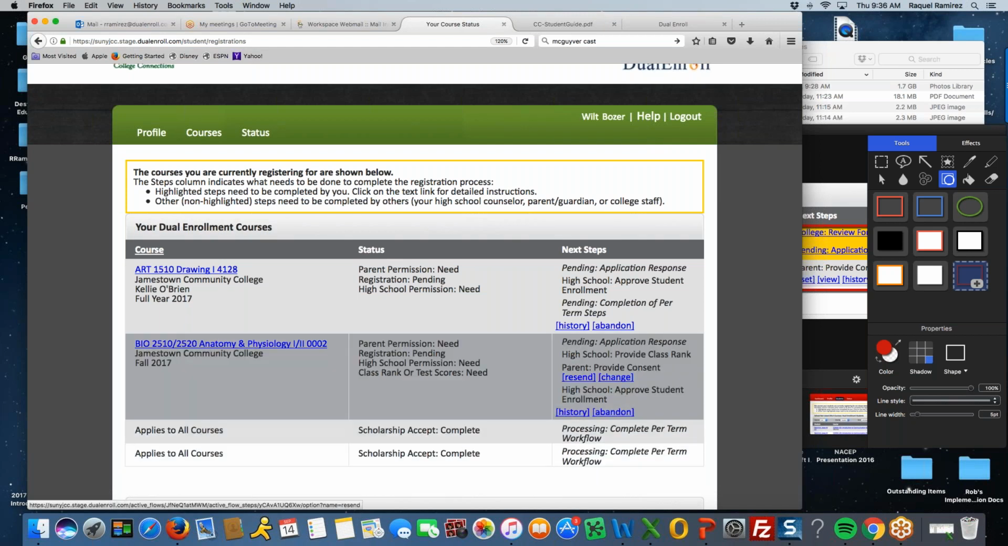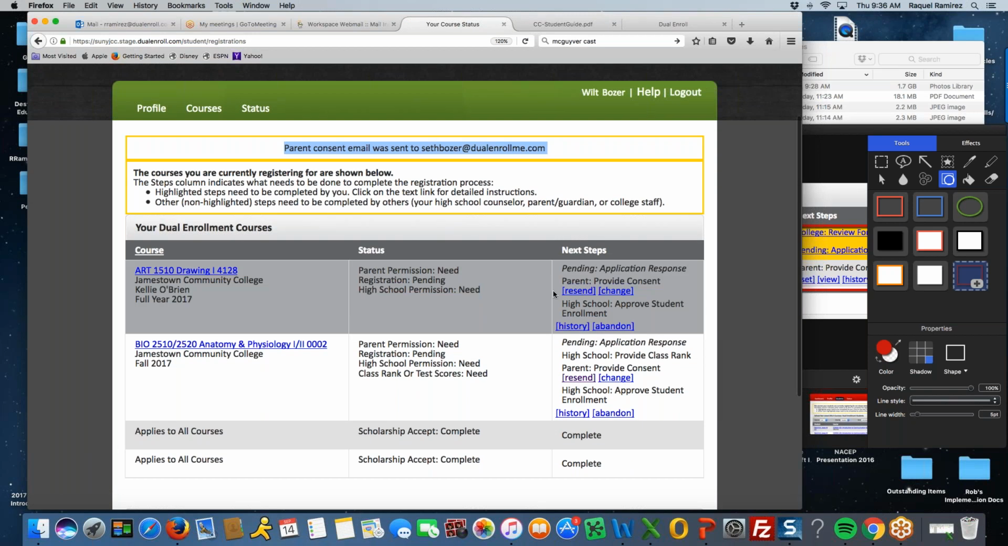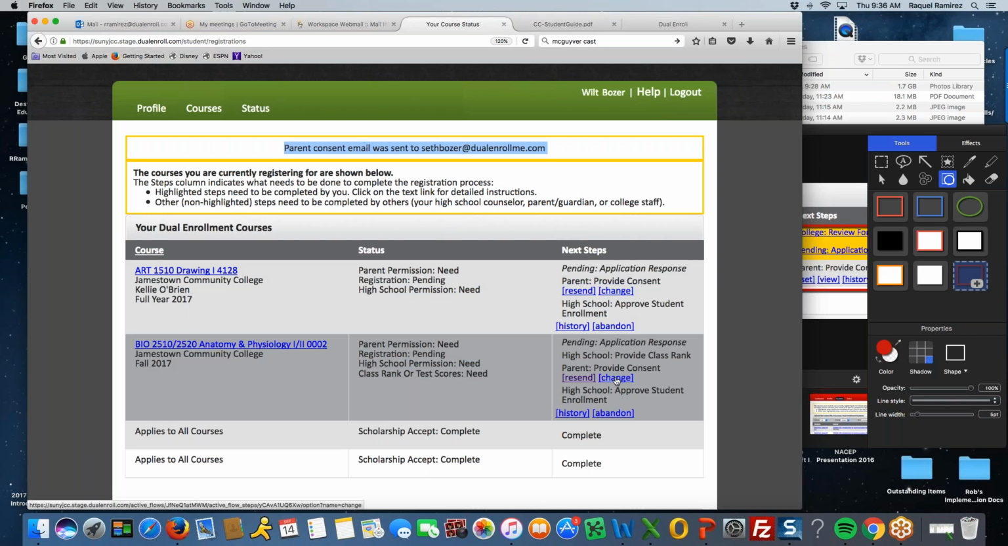So the other thing that a student can do is they can resend the parent email. So Wilt gave us a parent's email address, and if I were to click that resend button, it would resend the email to that particular parent, and it says, all right, we sent another email to SethBozer@dualenrollme.com, which should be your dad. And if the parent's like, yeah, I still didn't get that, or maybe the student's like, uh-oh, I typed that wrong, or I just want to give you my mom's email address instead, there is a change link